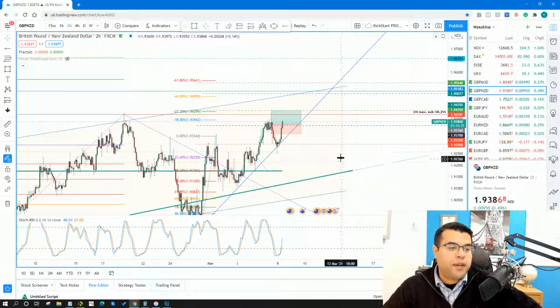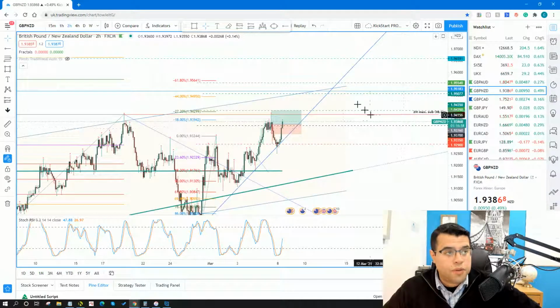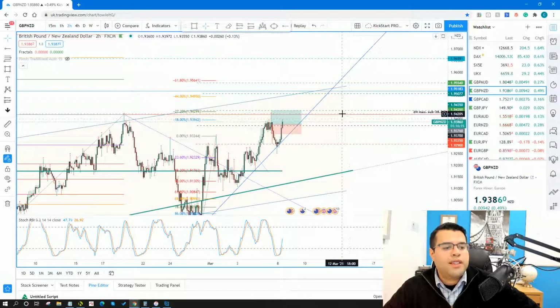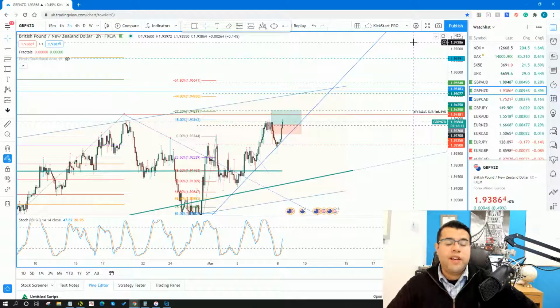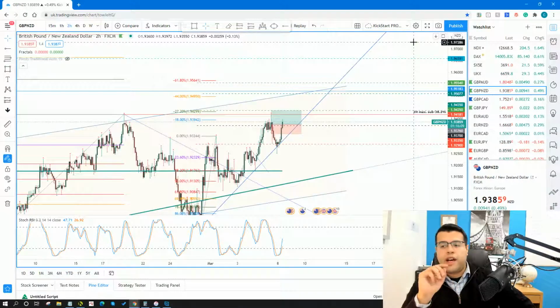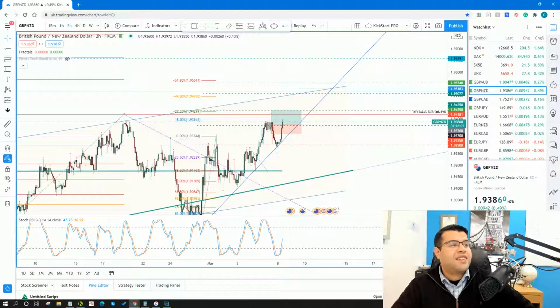The first one being 94.35, which is the one I'm actually going for. The second one being 95.07, and the third being 95.54. And you know what? Now that I'm looking back at this, I actually want to change this, because I don't want to go for 94.35 anymore. I want to go for 95.07, because I actually think it could have the capacity, if you like, to make it there, to get all the way there.